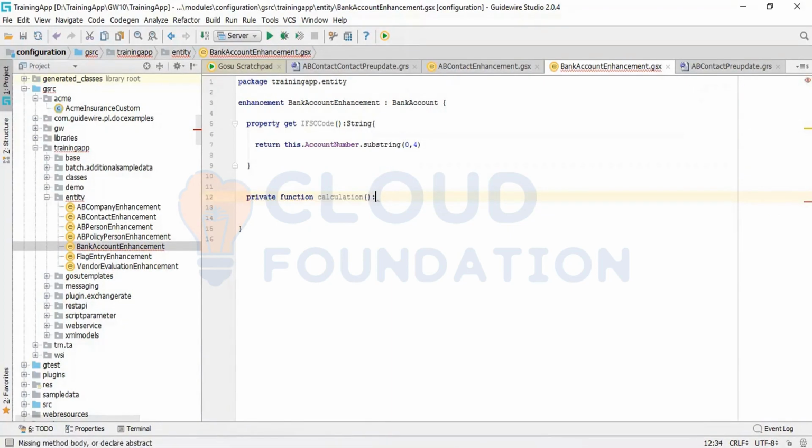Calculation. The return type is some integer value, right? I'm just returning 4 into 3, like this. And you can call this calculation method here. Like this is the substring, right? This is a string, right? What you can do is you can also